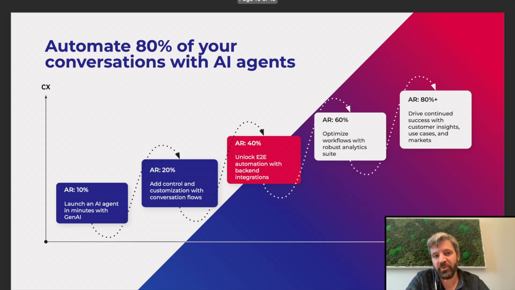60 and 80% are like the goals, but they're not a goal for every company. If you have a very luxurious brand, if you want to do white glove treatment, if you are in an industry where the personal touch is important, maybe you're happy deflecting 20 to 40%, and you're saying all the cases where we might need a human, we just want to send it to one of our agents and deliver real